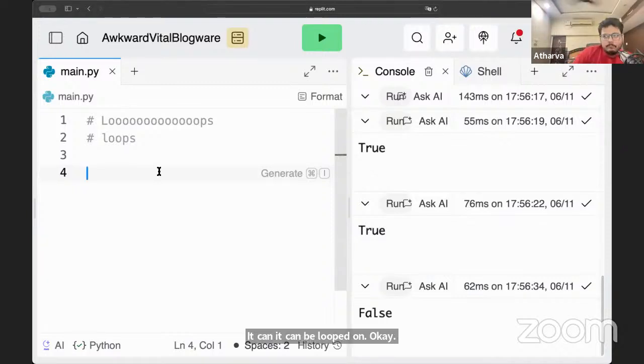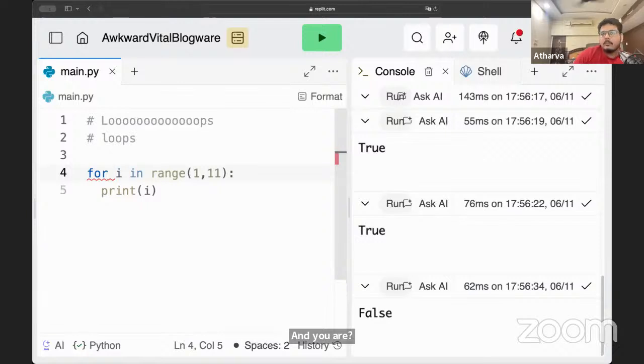So when we are on loops, first, this is the most common loop that you might have seen in your previous programming language learnings or whatever.